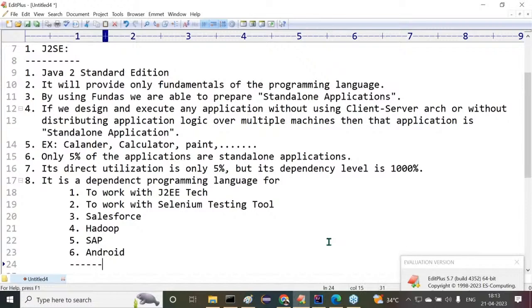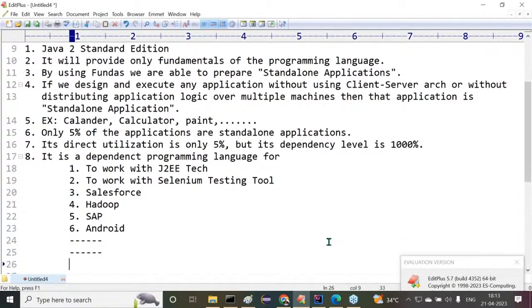So many. Not only this, I have given just some of the products list there. Almost 90% of the software products nowadays depend on J2SE. But J2SE direct utilization is only 5%, while its dependency level is 1000% because of all these many things. If you want to learn Salesforce, if you want to learn Selenium testing,